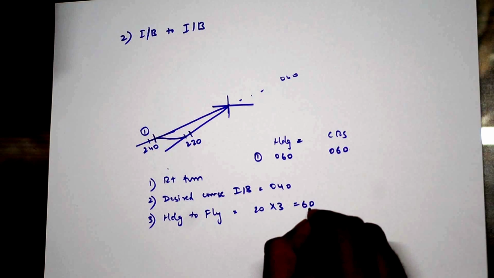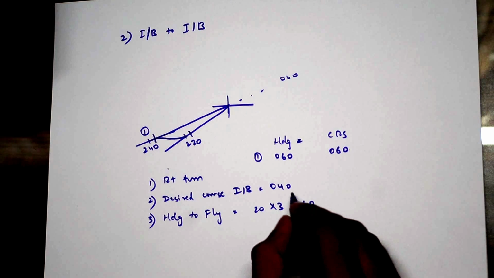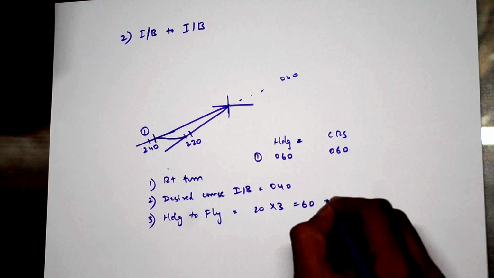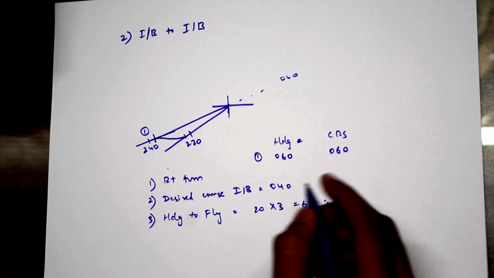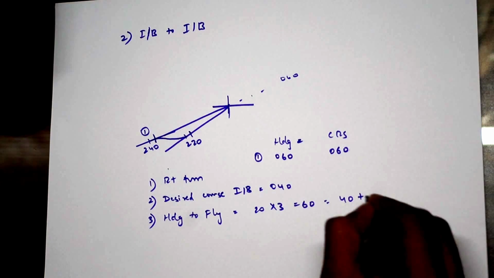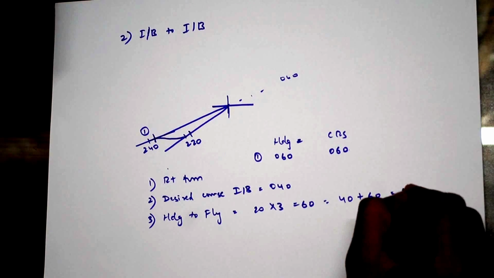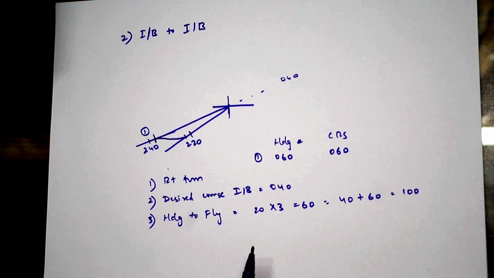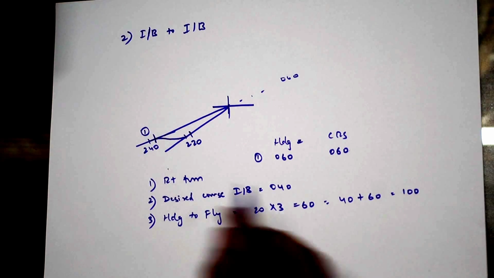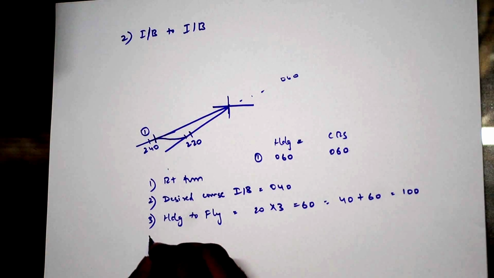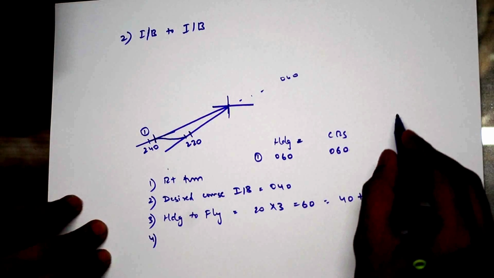Now here you have to apply what is your heading to fly. So you take the desired course, that is 40 plus 60, 100. Okay, so your heading to fly is 100, and after you intercept the needle, again here in this case